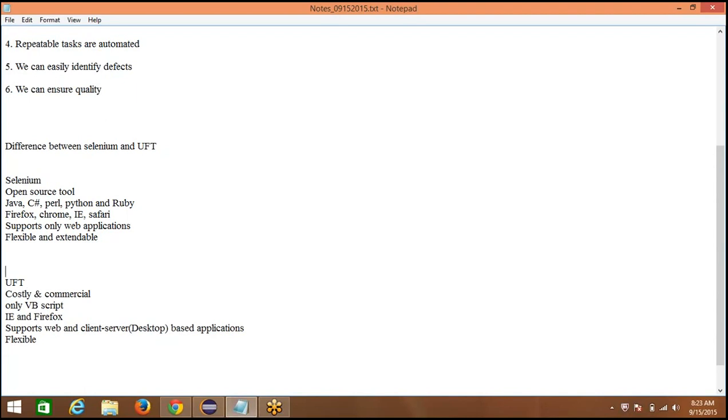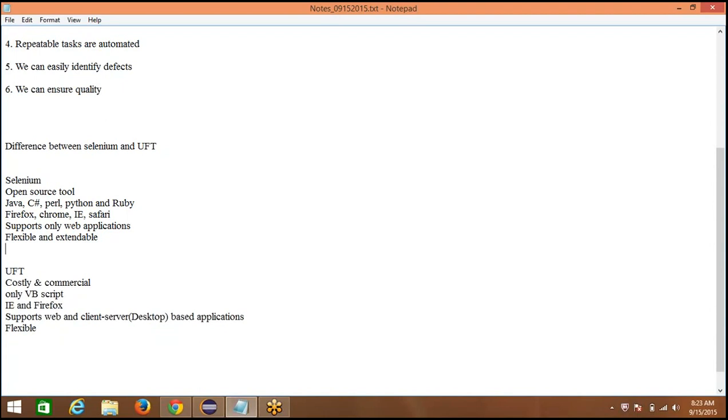Please look at this for 1 or 2 minutes, so that I can go ahead with when to automate and what the life cycle of automation is, the ATLC, automation testing life cycle.